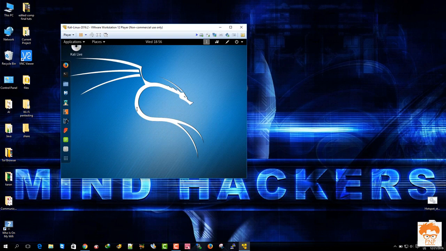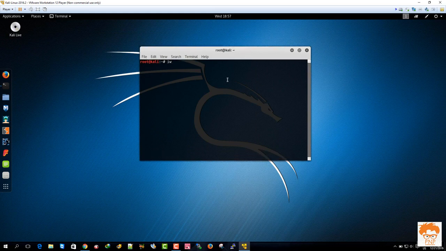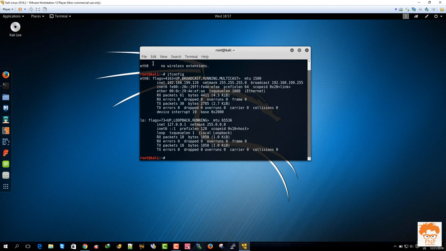Now I am going to check the connection between my Windows machine and my Kali Linux. Since I have connected my LAN cable, I must have the Ethernet interface up. Now I will simply see the available interfaces, and we have eth0 and the loopback interface. Now I will check out my IP address, and you can see guys, I have eth0 up and its IP address is this.